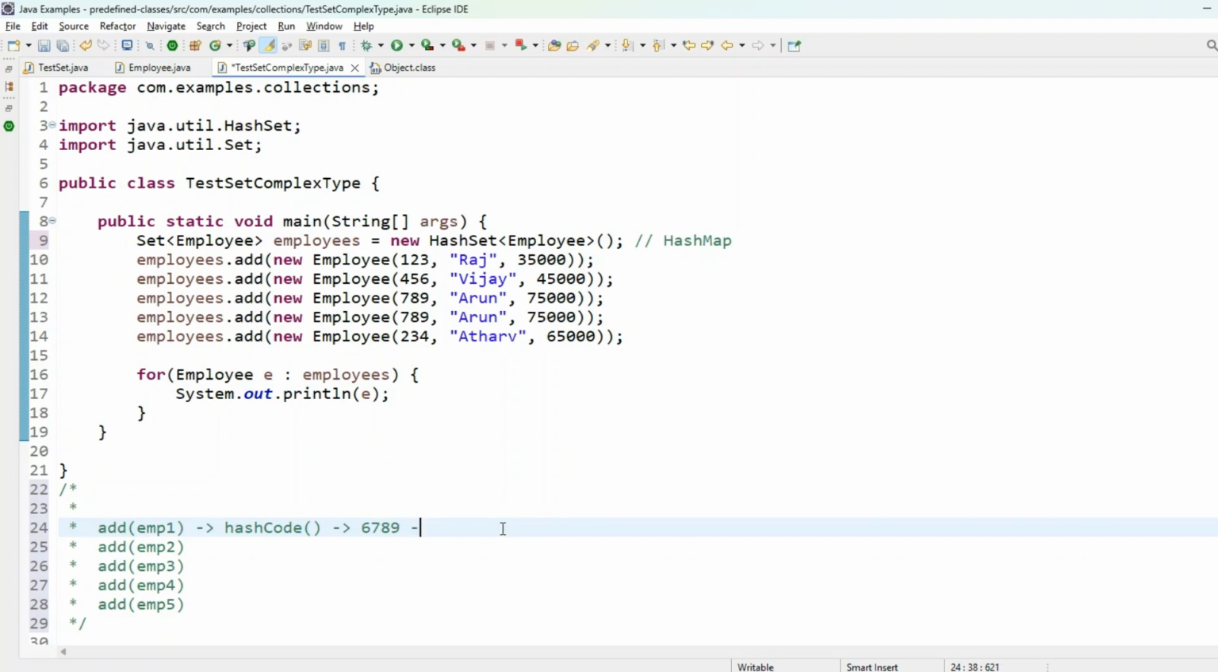And this value is going to be sent to the hash map to determine the bucket, meaning to determine to which bucket this employee object should be stored. That inbuilt function is actually a hash function present in the hash map. And this 6789 is going to be supplied to the hash function and it is going to get the bucket number. Let's say the hash map has some buckets,